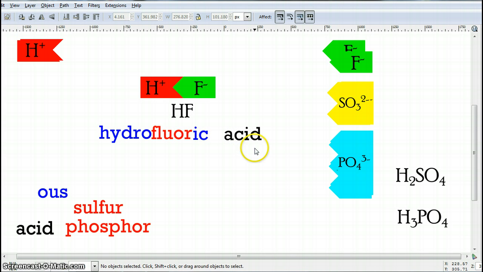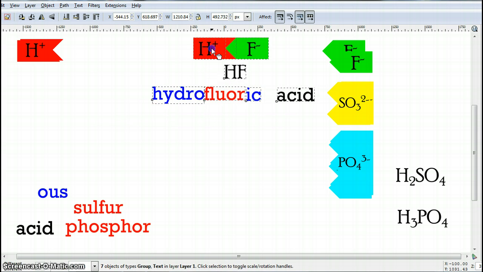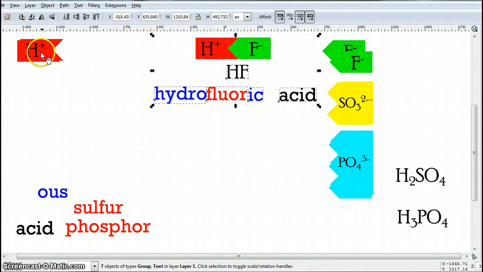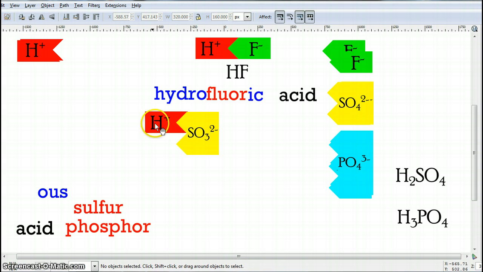All right, now, after we've named this, we can move it out of our way, and we'll look at a couple others real fast. If we take H+ again, and this time pair it up with SO3, SO3 is sulfite. Sulfite has a -2 charge. That means when I try to put these together, I'm going to need another H to help cancel out the two negatives of sulfite. So I bring an H down here, and what we see is that I needed two H's to do this. So now I have